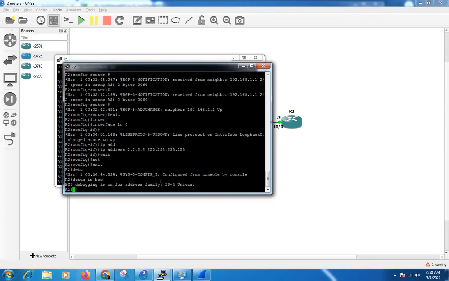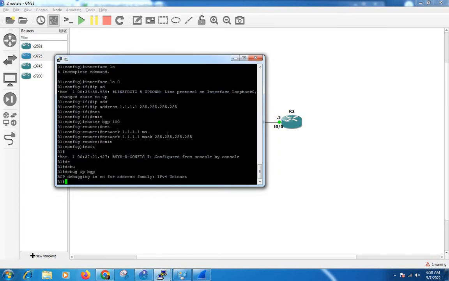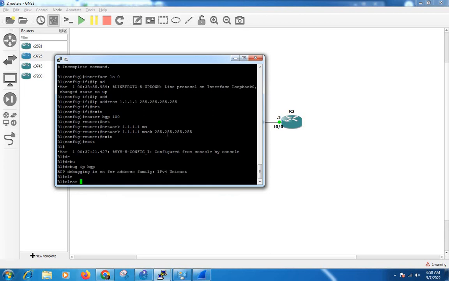I'm clearing the process so we can see the states one by one. Clear IP BGP star soft. With this command we can do a soft reset. If I put only clear IP BGP, then it is a hard reset. So I am doing a soft reset.